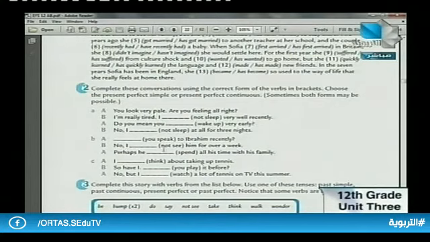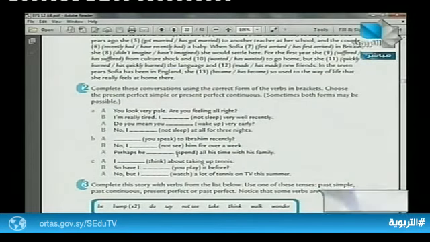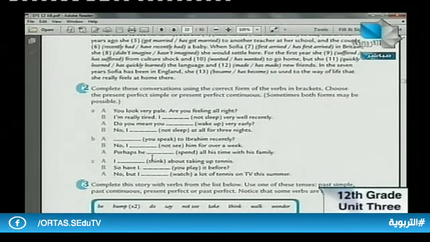No, I haven't seen him. Here, perhaps he has been spending all his time with his family, or he has spent. I think in this case I prefer the first one, the continuous form, because of "all his time". All his time is the key.